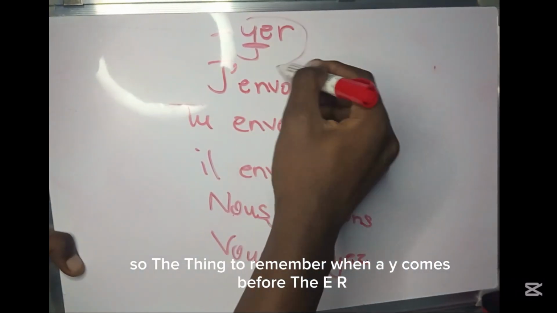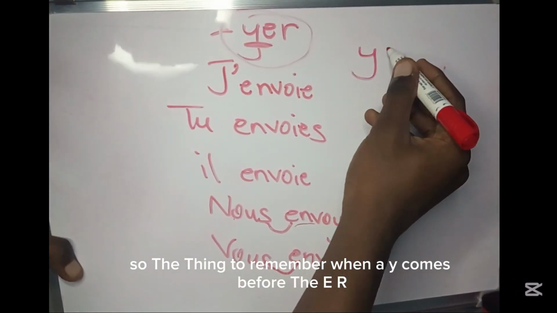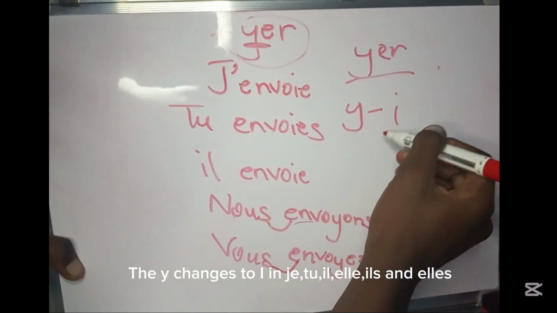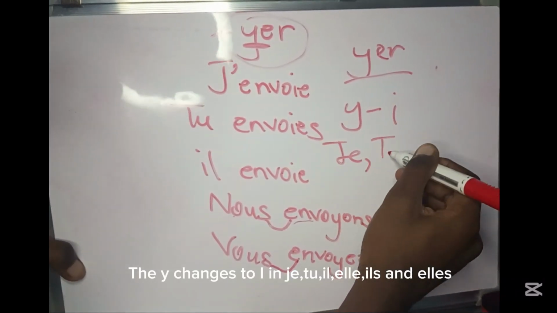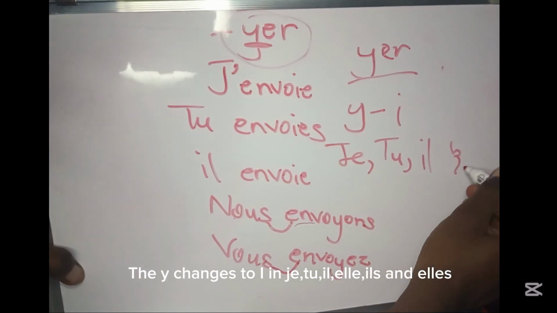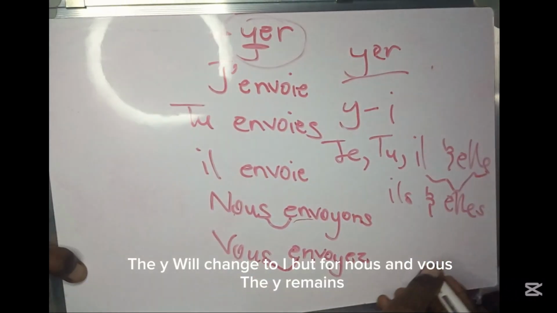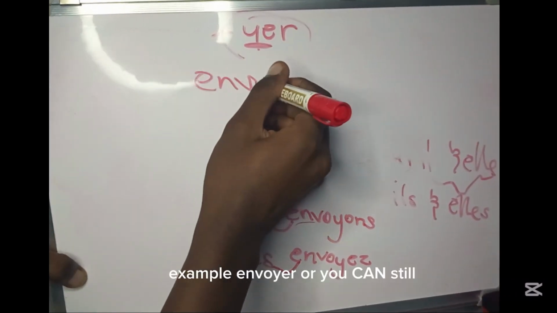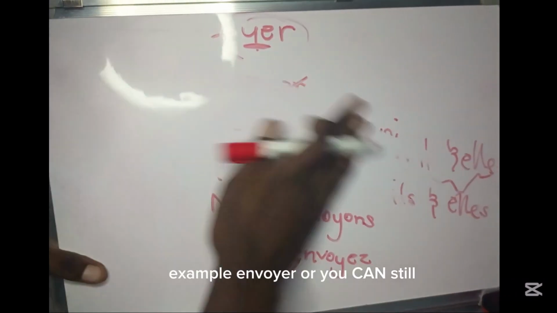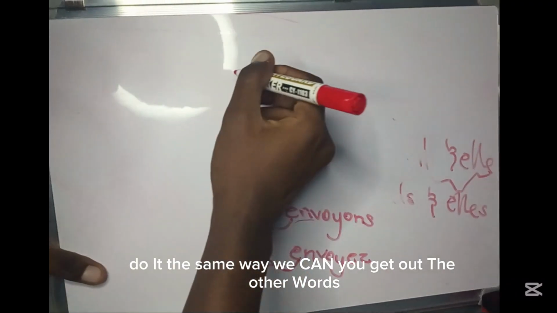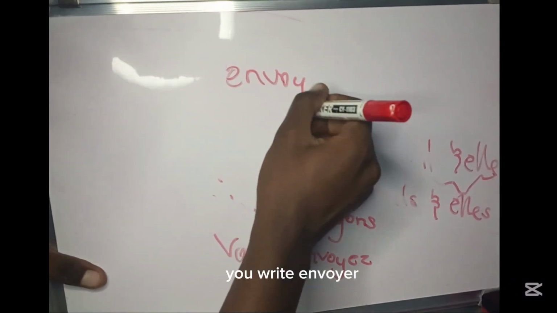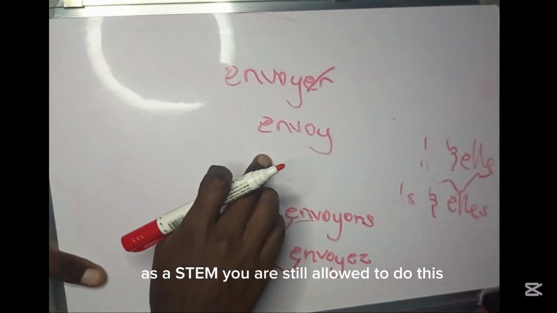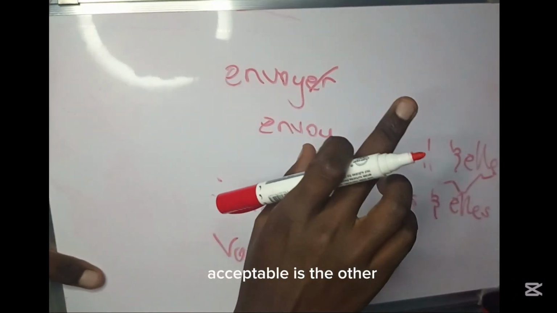So, the thing to remember: when a Y comes before the ER, the Y changes to I in je, tu, il, and ils. But for nous and vous, the Y remains. So we had the example envoyer. Or you can still do it the same way we conjugated the other verbs. You write envoyer, then you remove the ER and use this as a stem. You are still allowed to do this. The most acceptable is the other